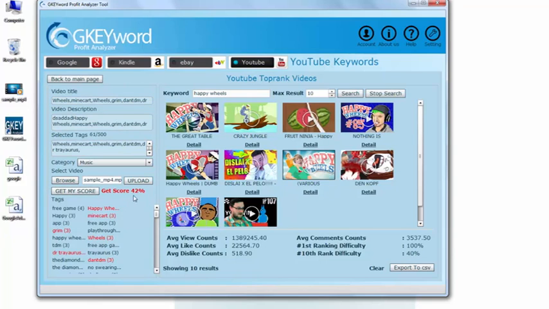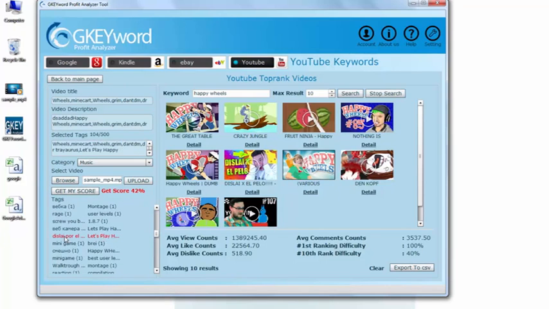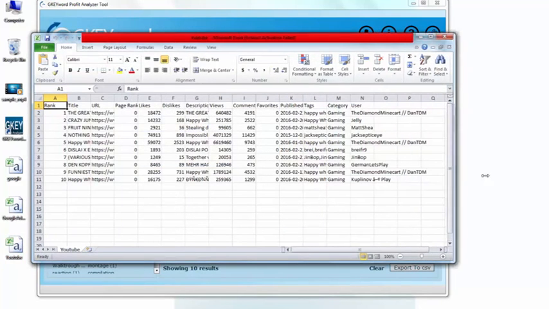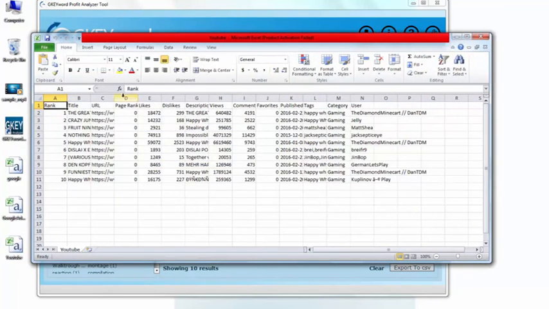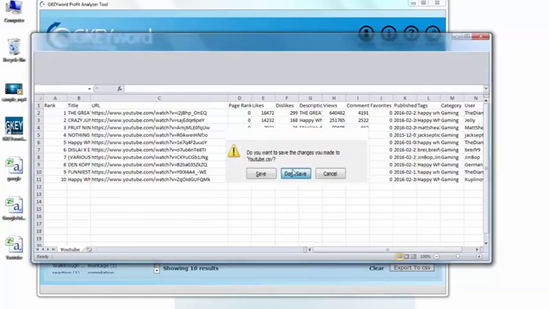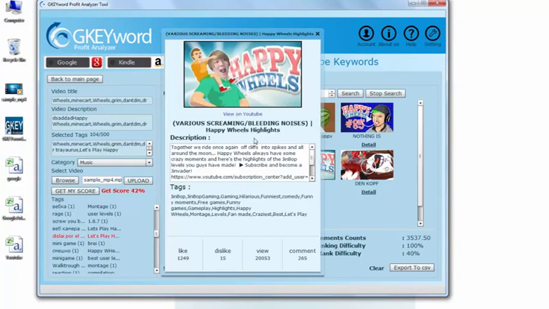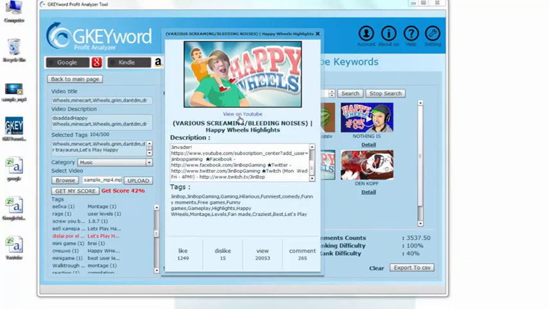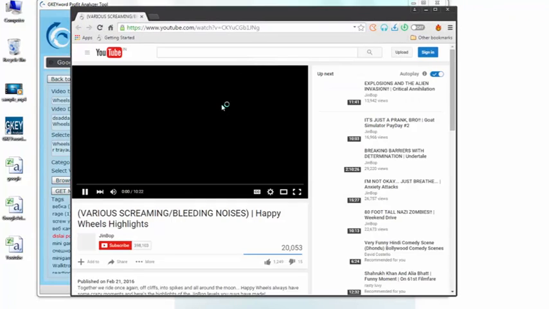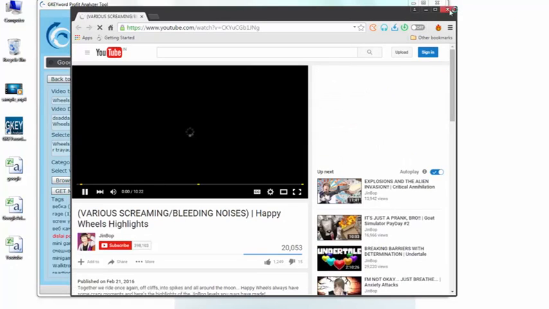So with a higher score when you upload the video, your video will be ranked higher. You can also export the video data. You will get all the titles, URLs, page rank, description, views, comments. So all this will be helpful to get your top rank. Also you can use it later for another video without searching again and again. You can use this description for your video too. So this helps you to gain a better ranking on the YouTube site. So you will get lots of views if you rank very well on YouTube.